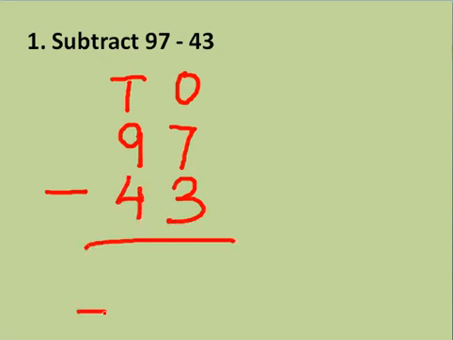Now we will start our subtraction. It is best to do the subtraction using the backward counting method. When you do your subtraction using the backward counting method, the chances of making mistakes are lowered. बहुत कम हो जाते हैं chances कि आपका जो प्रॉब्लम है वो आप गलत कर दो. सो बेटर आप सब्ट्रैक्शन बैकवर्ड काउंटिंग से करो.